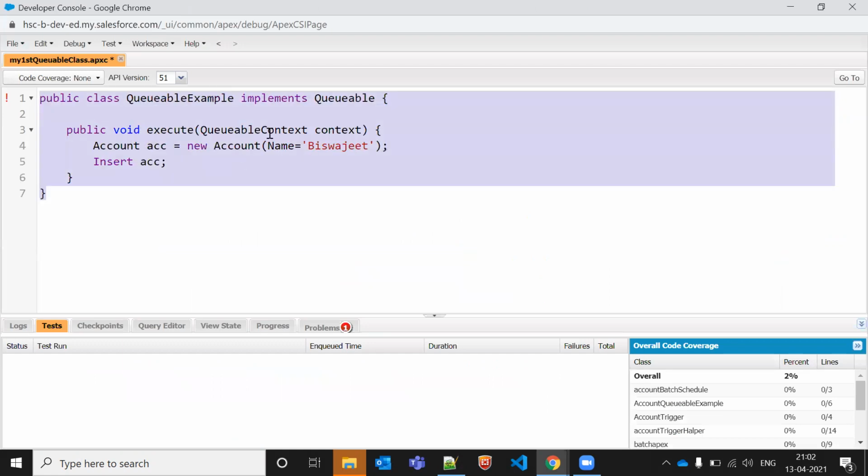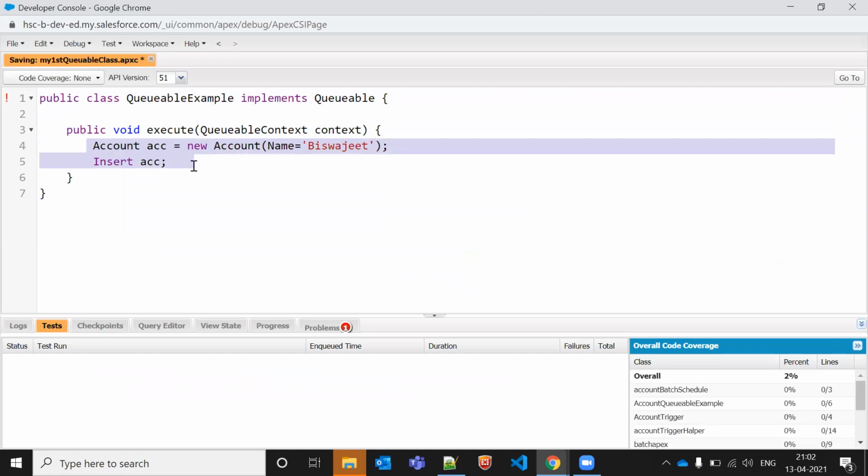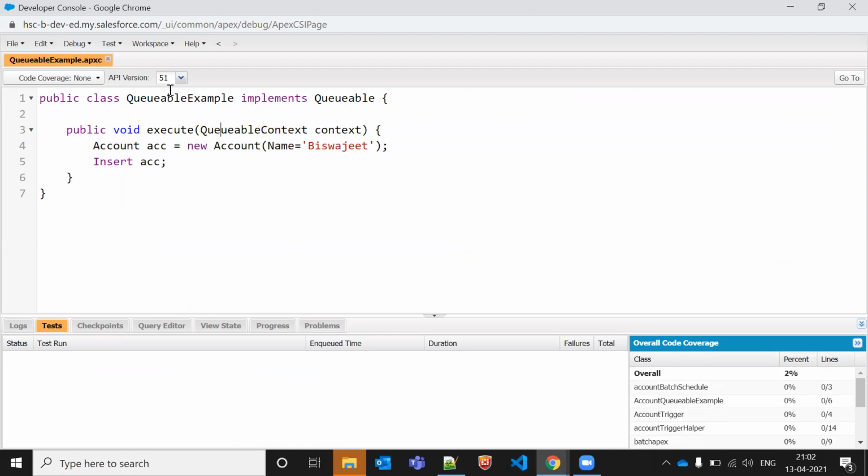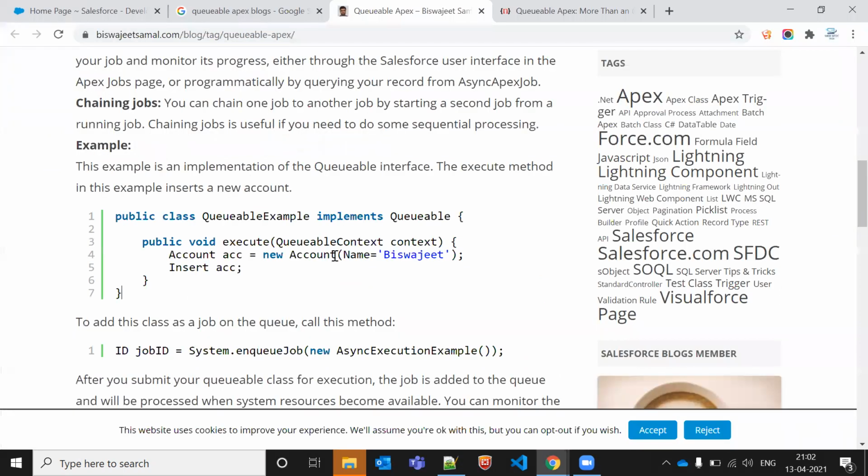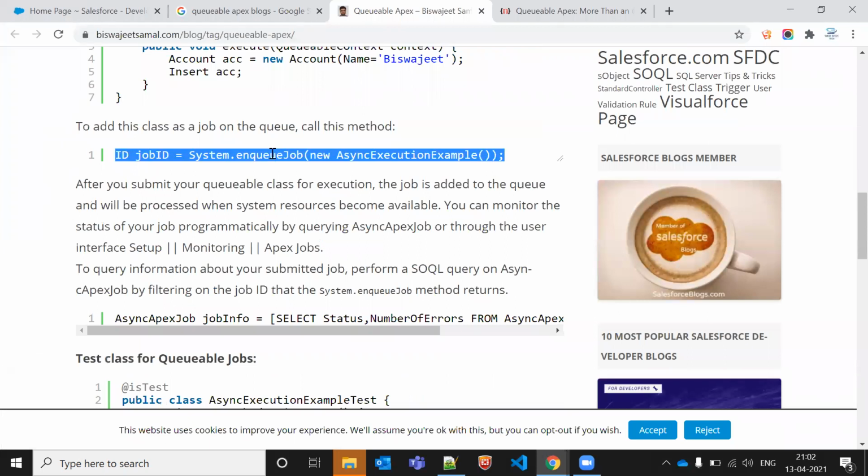So let's do it like this only. Let me remove these. Let's take this example first, and then we'll tell you how to use it. So this is my queueable class. And how can we call this queueable class?